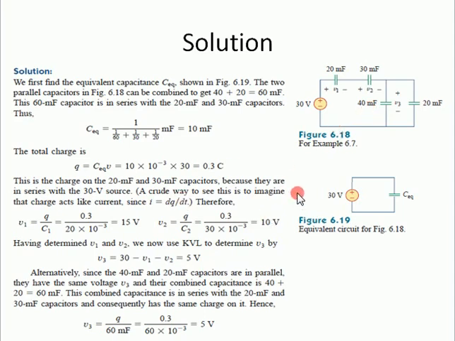So this is how we can find out the value of voltage across each capacitor. And this voltage V3 is equal to V4, that is also the voltage for the 20 millifarad. So this was all about the capacitors, in which we have seen what capacitors are, how they can be connected in a circuit, and how we can get the equivalent capacitance and the different unknown values that are given to us.